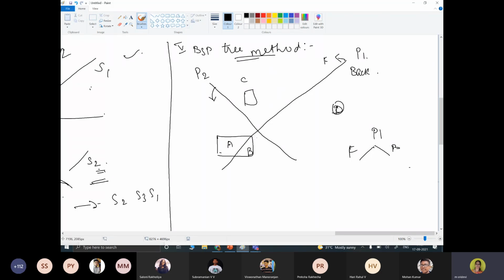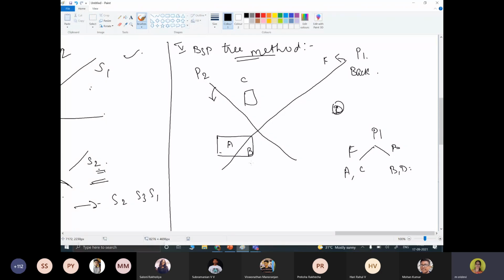Now with respect to P2, what are all the objects in front of P2 and what will be the back of P2? Previously we have made this as A and C. Front of P1 is A and C. Back of P1 is B and D. Already we have found this.